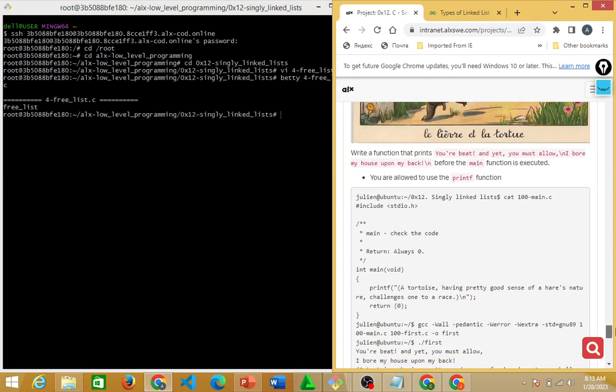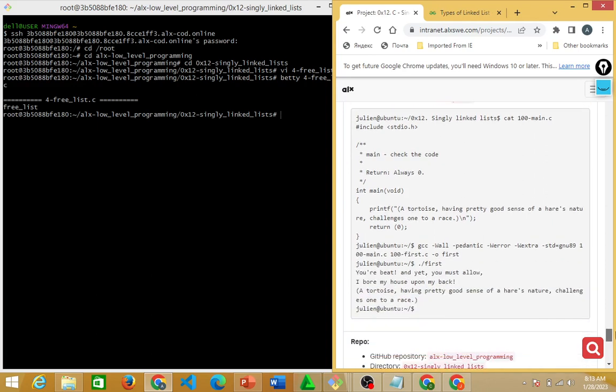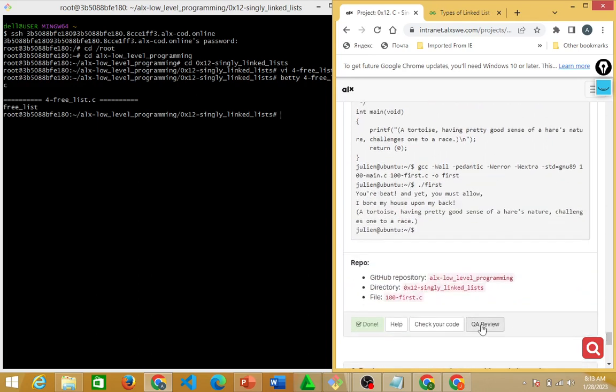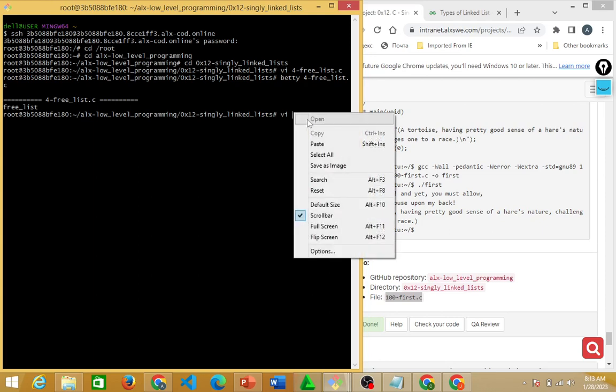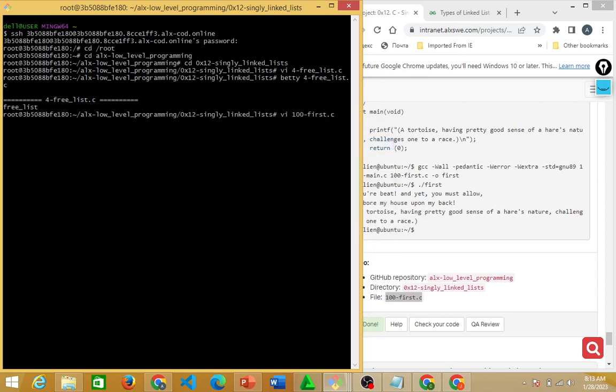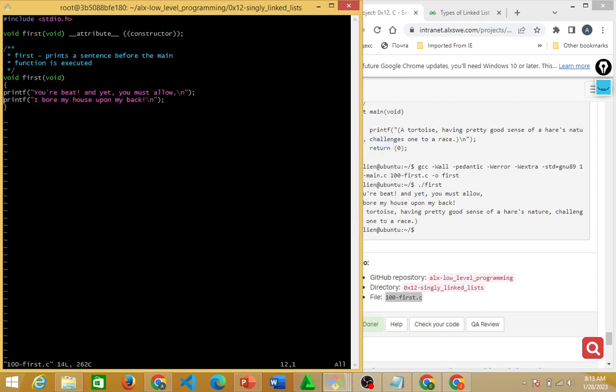Write a function that prints the required statement. This is the file name, 100-first.c. I'll copy that and open it with vi, then hit enter. This is what they asked us to put here, and we're including our standard input output.h